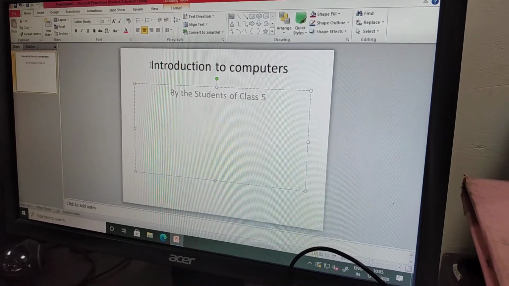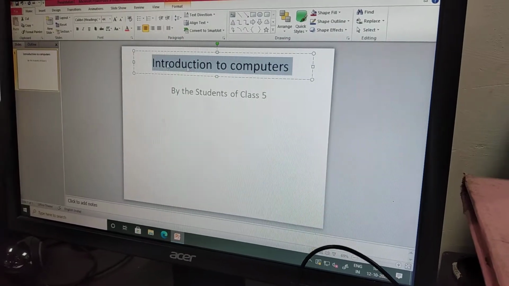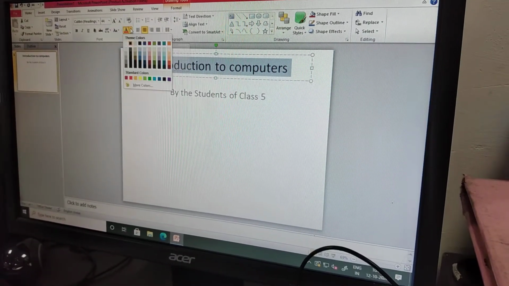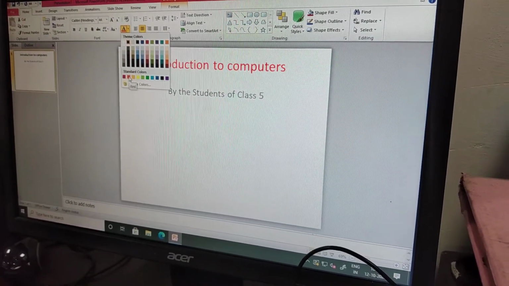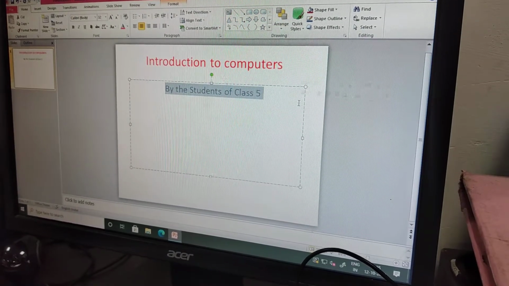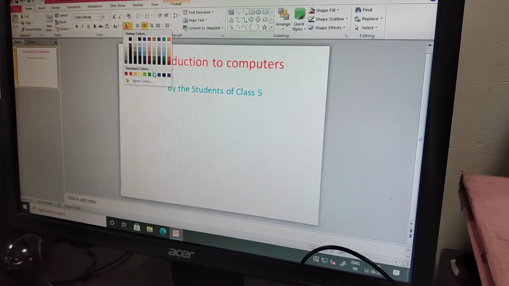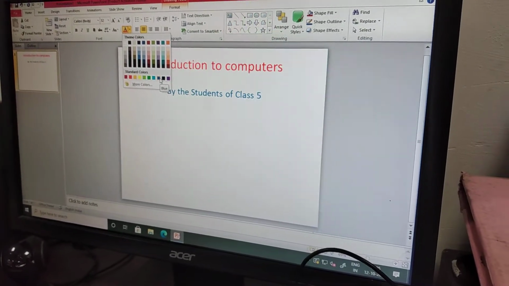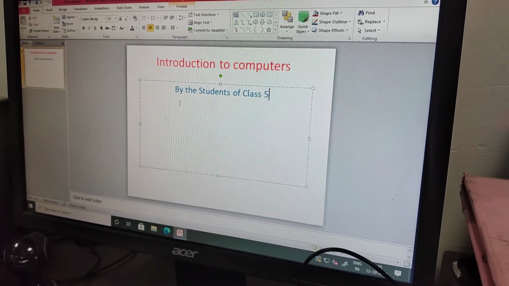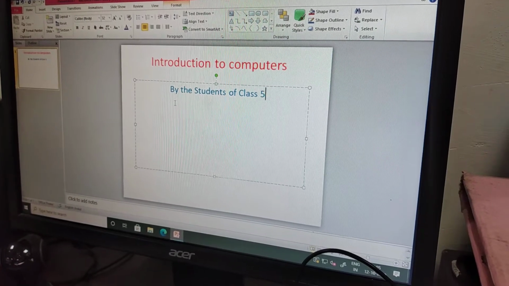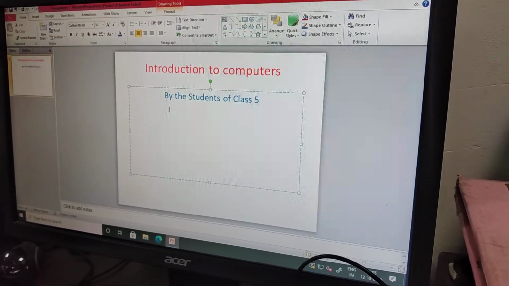Like how you will change the color? You have to select the content and go on this font color option and you can apply the color in this way. Similarly, you go on this font color option and you will choose any bright color. So this is blue color. So students, in this way you can apply the colors to your written text.